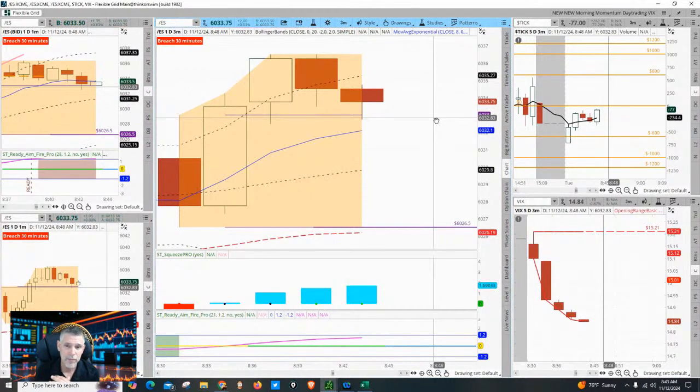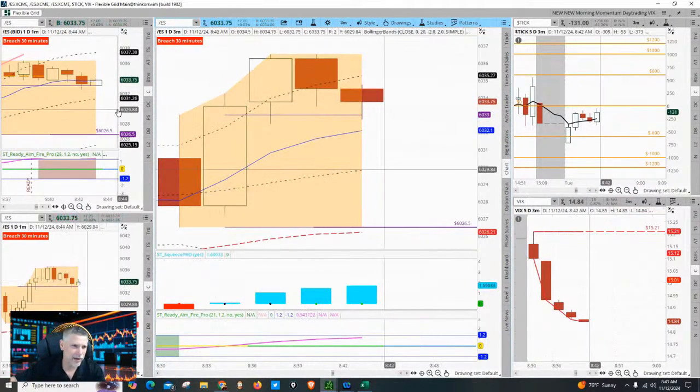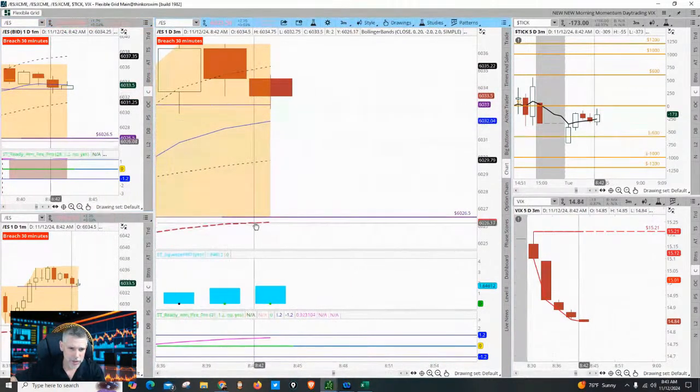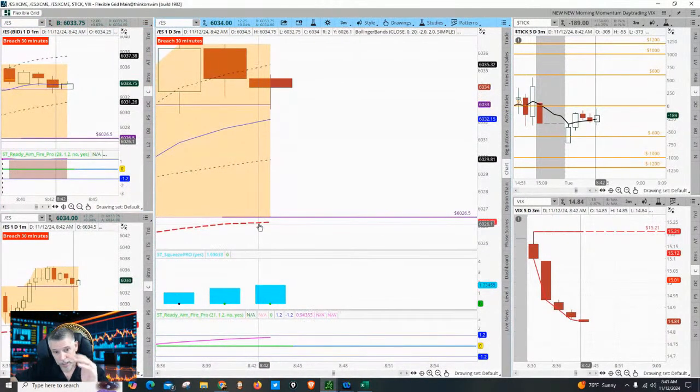This will be setup number 3, but the issue is it's too close to our next opportunity, so we've got to wait. But again, our system is designed for those days that move. If it doesn't move, we don't want to be in it. I'm dying here. You can see the VWAP kind of working its way up as well.